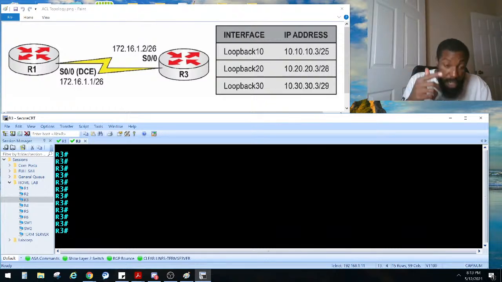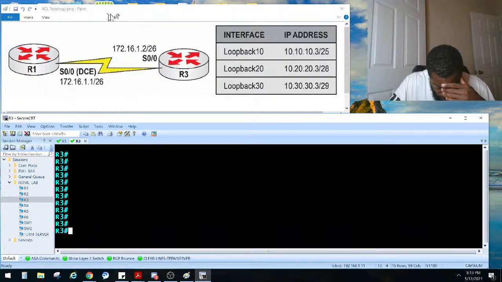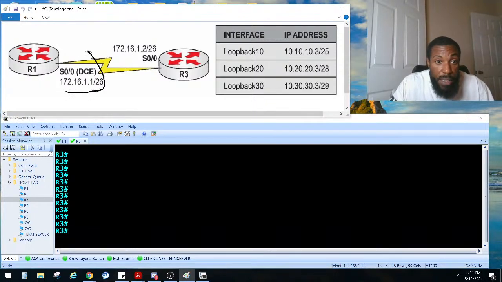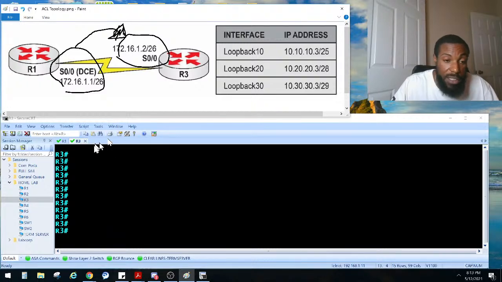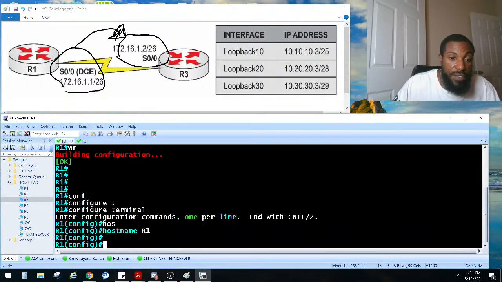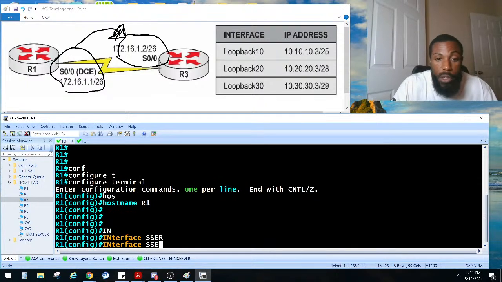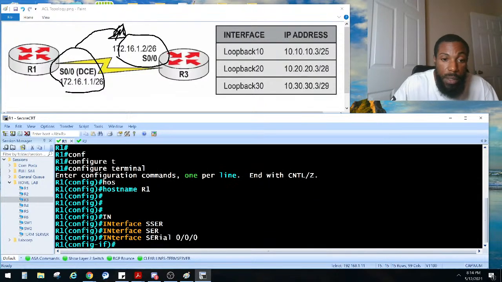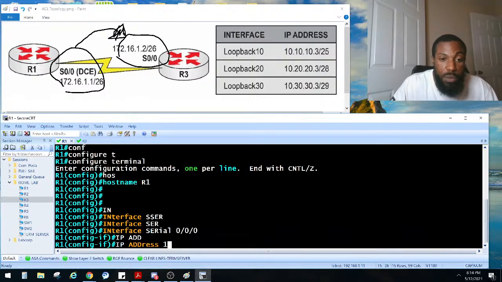Anyway, task 1, configure host names. We did that. Task 2, configure router 1, which is DCE, to provide a clock rate to router 3. So we need to do that interface right there, and this interface right here, and then have him provide the clocking, right? Y'all, we did this in the past, I don't know how many streams, 1 million streams. So y'all know how to do that. If not, then just follow on, right? So interface serial, remember your interfaces might be different. Mine is serial 0/0/0. His IP address is 172.16.1.1. Subnet mask of /26, which is